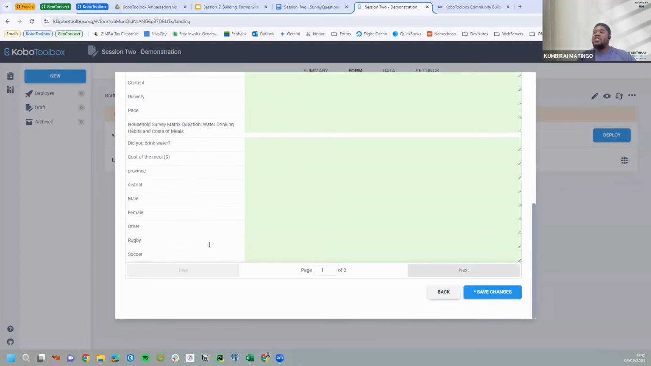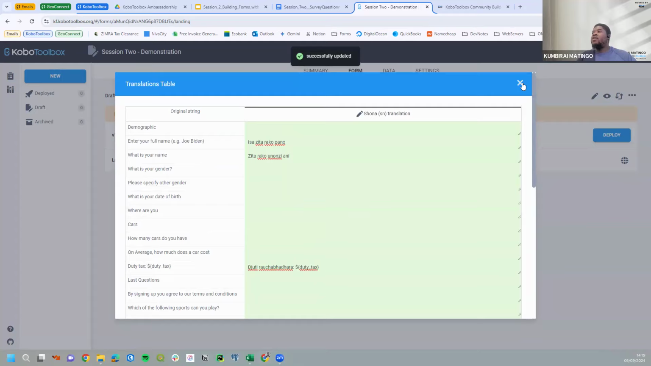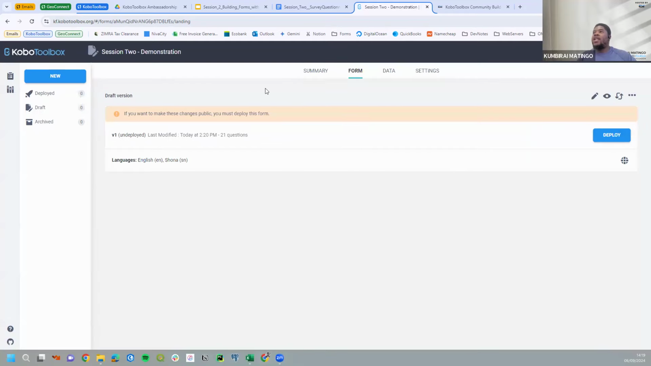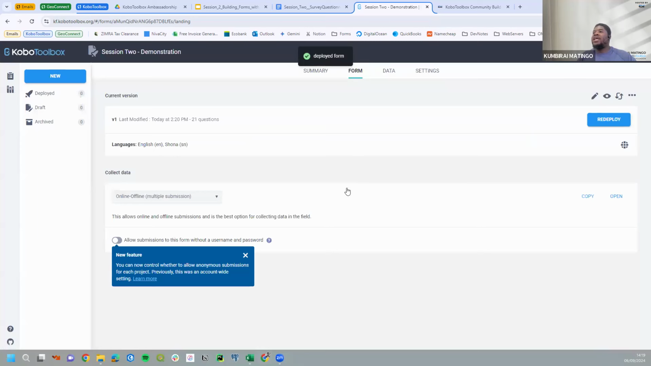Once you're done with the translations, you simply need to click on Save Changes, and then I'll exit this form. Now that I'm ready to share my form with everyone, I just need to click on Deploy. Here it tells me that the form has been deployed, and then once it's ready to be shared with the public, here is